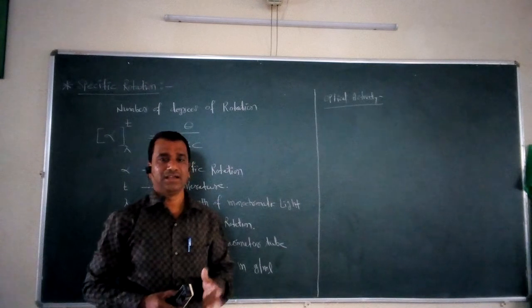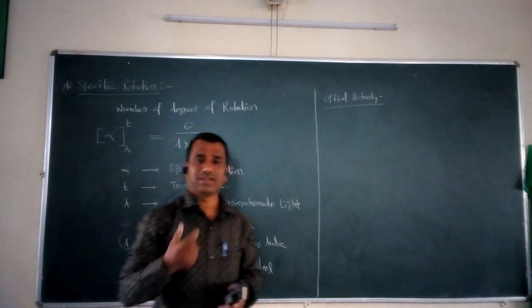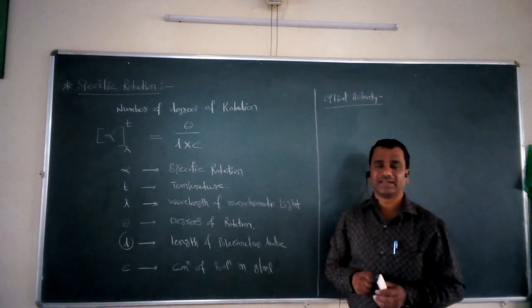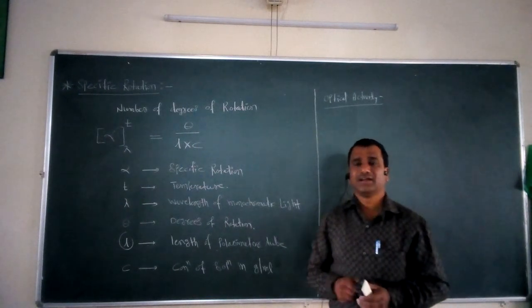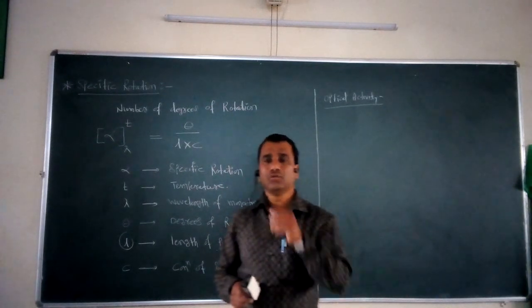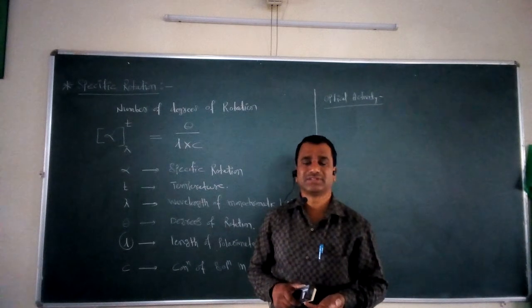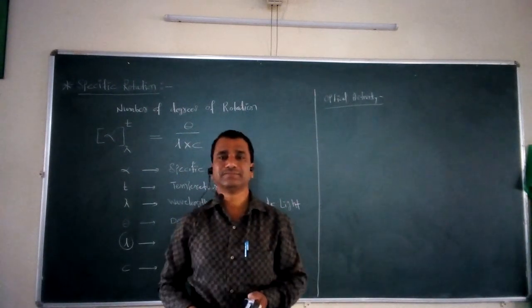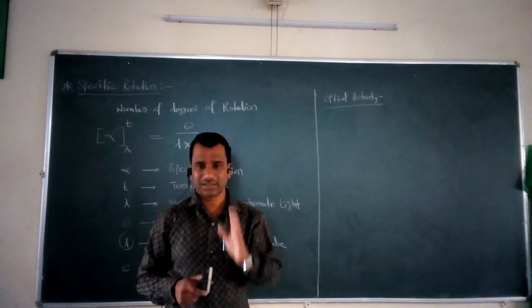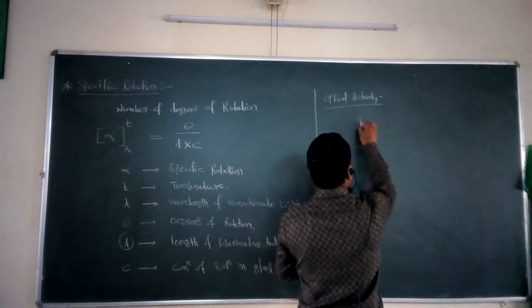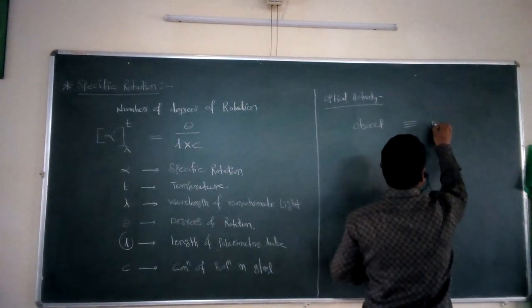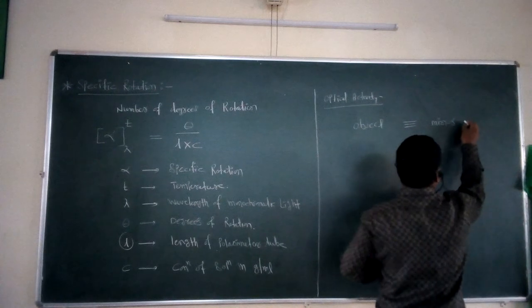If optical activity is concerned, we can say that whenever a given solution rotates plane polarized light, at that time we call that solution or that molecule an optically active molecule. Whenever optical activity is studied, it involves some type of relationship between the object and its mirror image. We have to take into consideration two words: object and its mirror image.